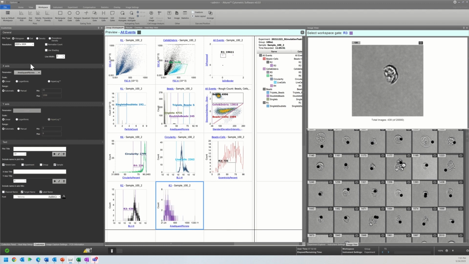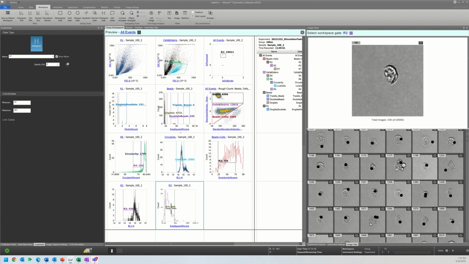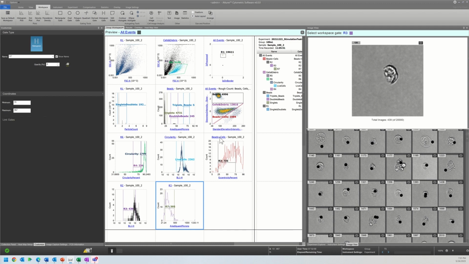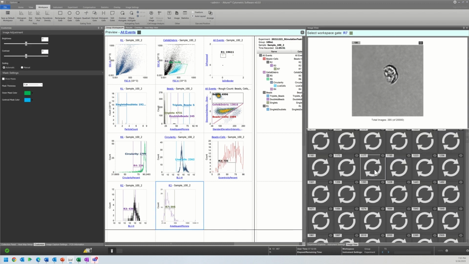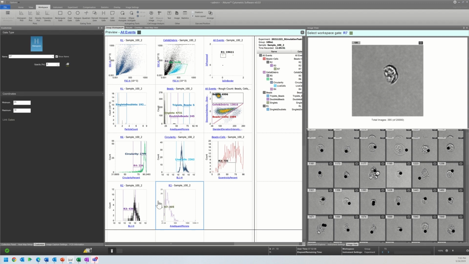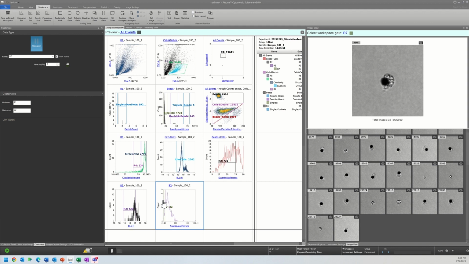But this is just a great example of how many different ways that we can use these parameters to improve both sample prep and standardization. I would potentially set these thresholds and just refer back to them between preparations and be able to accurately and reliably assess my own preparations and improvements day to day